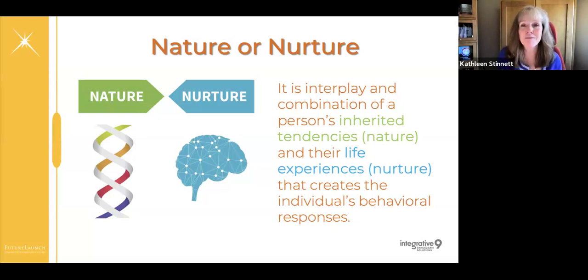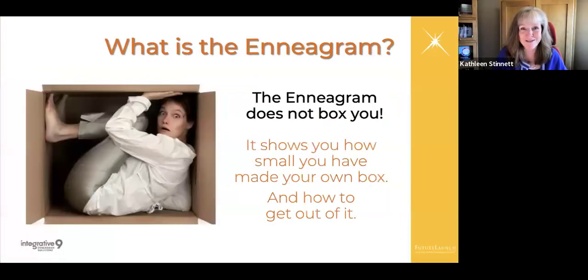And these become patterns. And what we know about the Enneagram and personality is, once it's locked in, which usually happens in our late teens or right around the time we turn into adults, our patterns and our personality is locked in for the rest of our lives. In very, very rare circumstances, could someone have a complete personality change? Perhaps if they experience something traumatic and significant. Otherwise, our personalities are going to be with us for the rest of our lives.